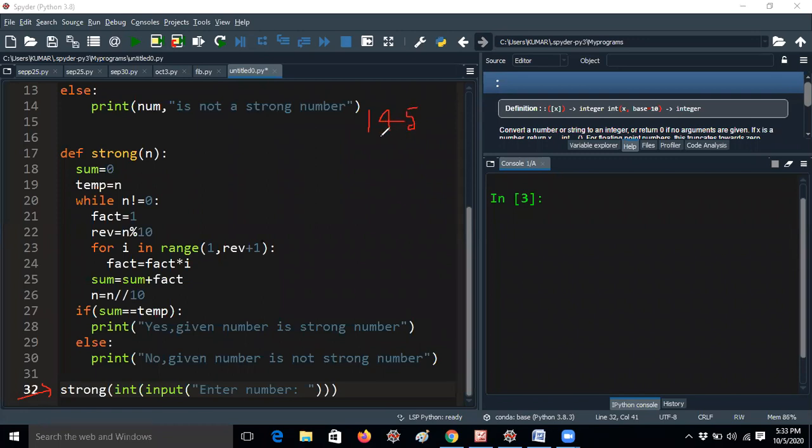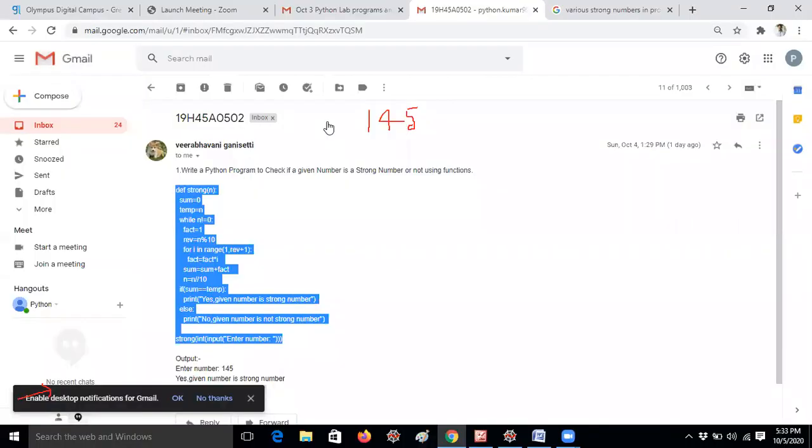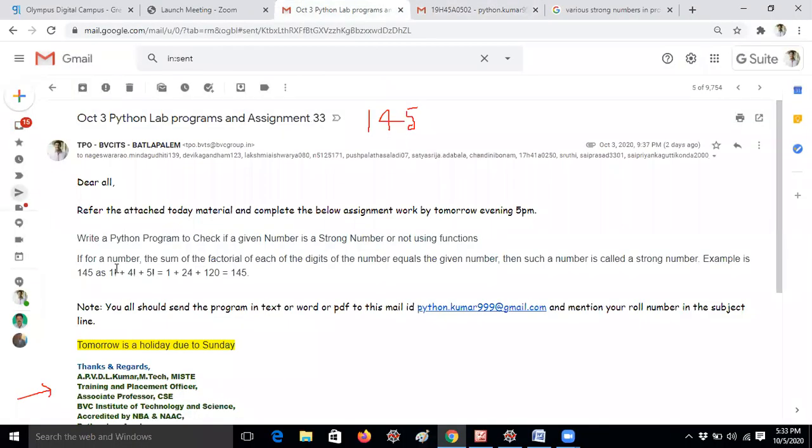You have to do 1 factorial plus 4 factorial plus 5 factorial. 1 factorial is 1, 4 factorial is 24, 5 factorial is 120. If you add the three numbers, you will get the value 145 again. That number is called a strong number.